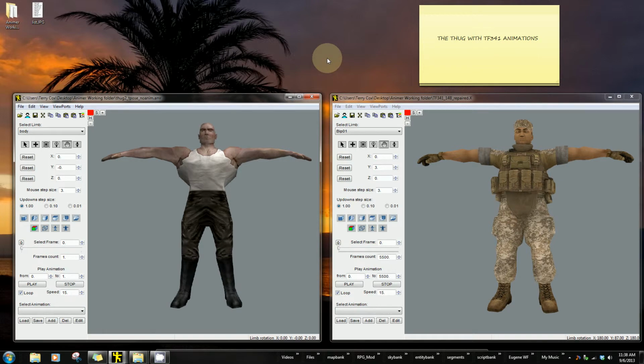The first thing that needs to be done is position the Thug in the same position as the TF341 character. When you import animations, both characters should have the same pose. They should look the same. Therefore, you need to rotate limbs of the character until they look the same as the limbs of the imported model. You can do this taking into account only the appearance of the character,